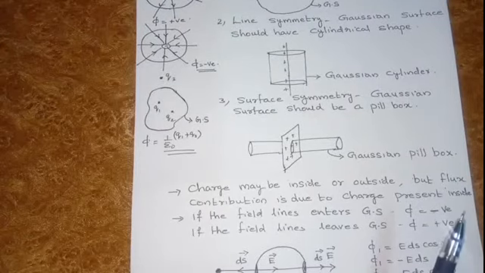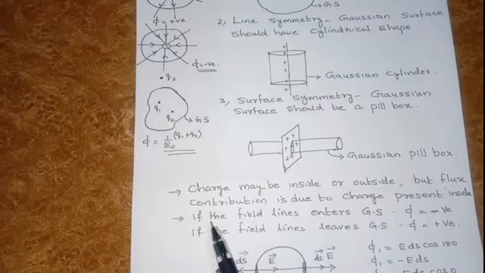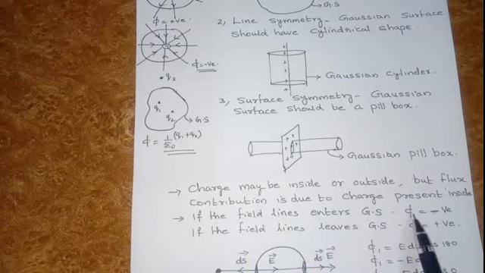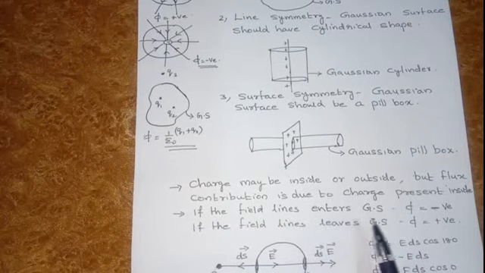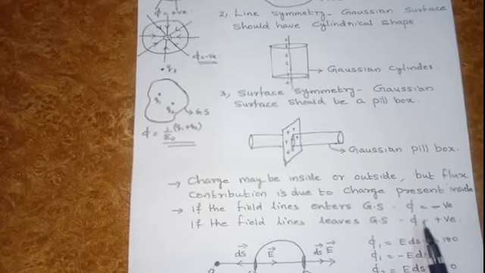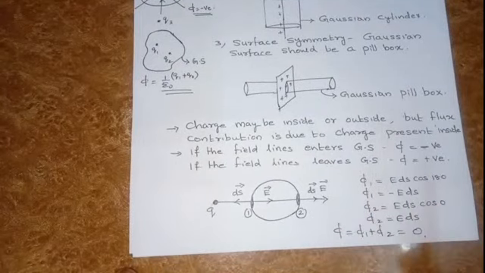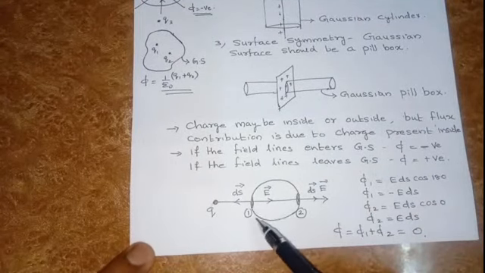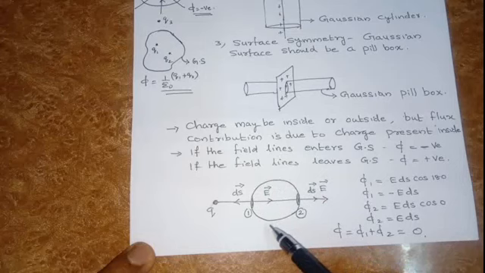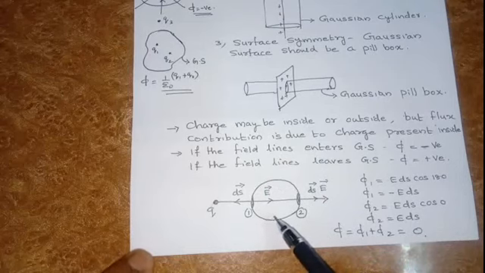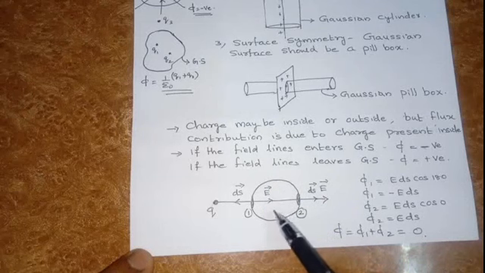The next property or point is, if the field lines enter the Gaussian surface, flux is considered as negative. If the field lines leave the Gaussian surface, flux is considered as positive. This particular concept I will explain. Let us consider a spherical Gaussian surface. Not only a spherical Gaussian surface, you can consider any type of Gaussian surface, but no charge is present inside, only